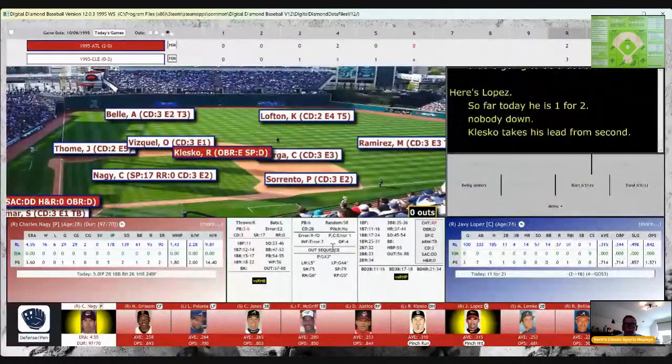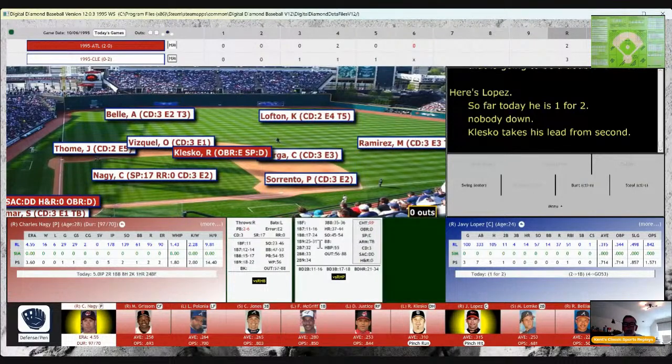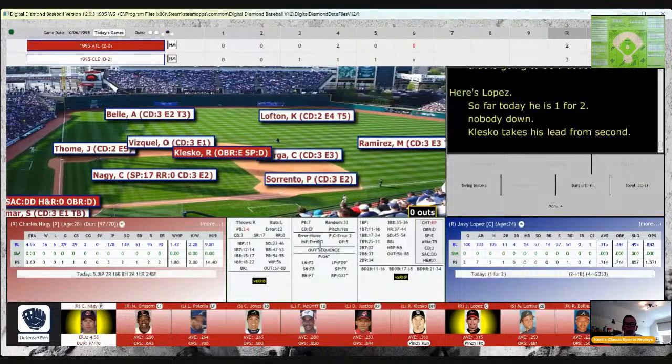That brings up Javy Lopez as the Braves got something going here in the sixth. Lopez steps up. Will be on Lopez's card. That 33 is a double into center field. And that will score Klesko.